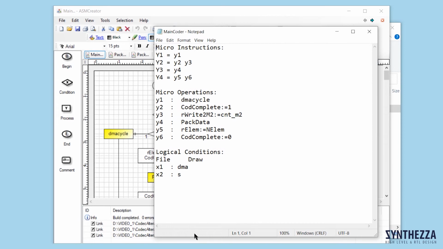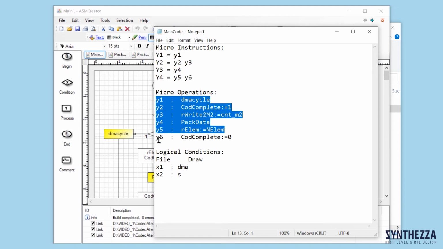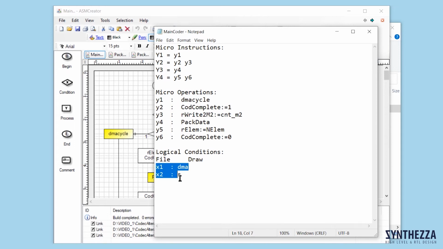These files, GSA and TXT, are the internal representation of the ASM, and Syntagate works with them, not with its picture. From file maincoder.txt we see that it contains 4 operators, y1 to y4, 6 micro-operations, y1 to y6, and 2 logical conditions, x1, x2.